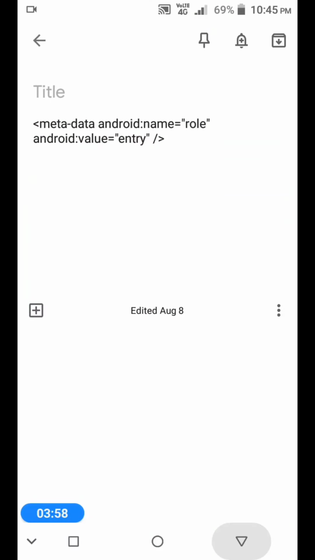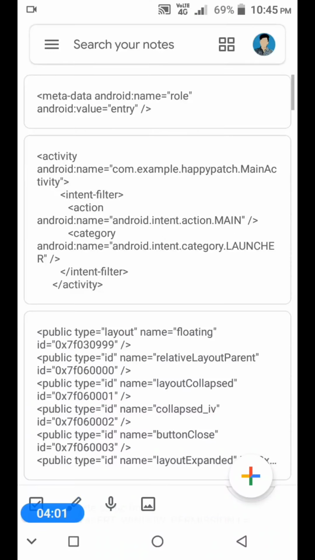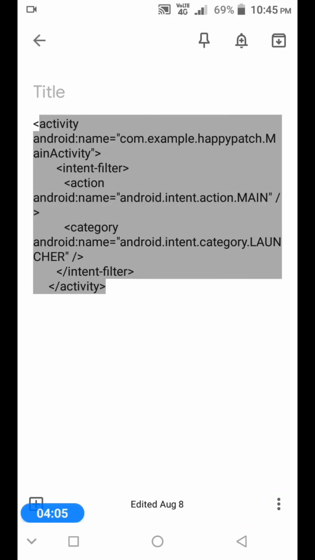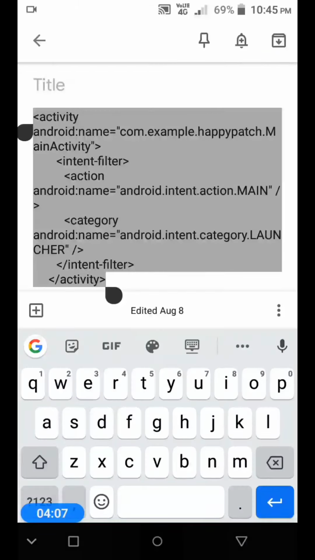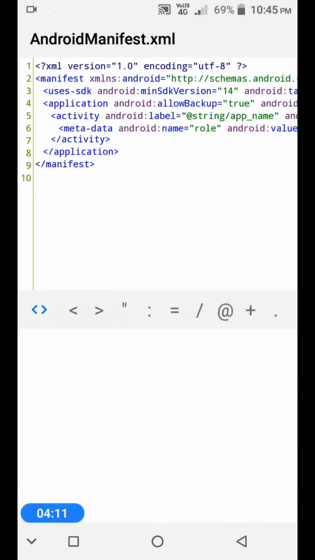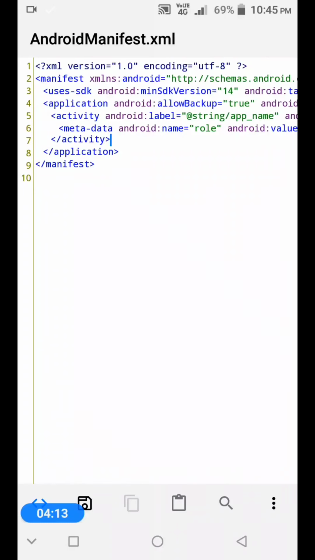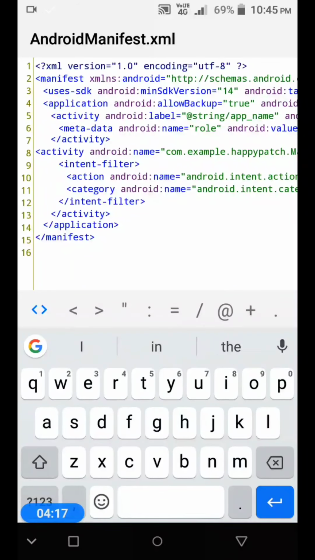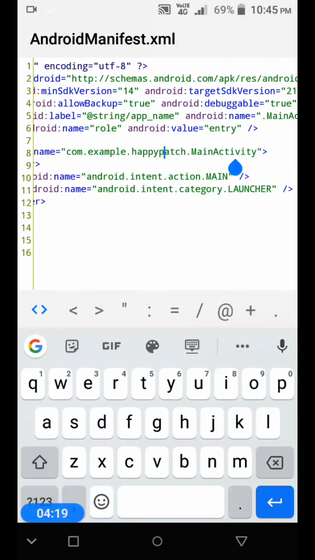The next step is, you need to copy this and paste it here below this activity. Remember, I've already renamed it to my package name.